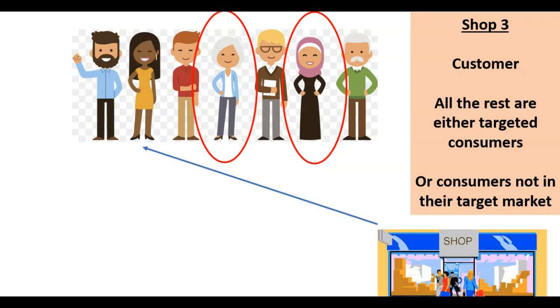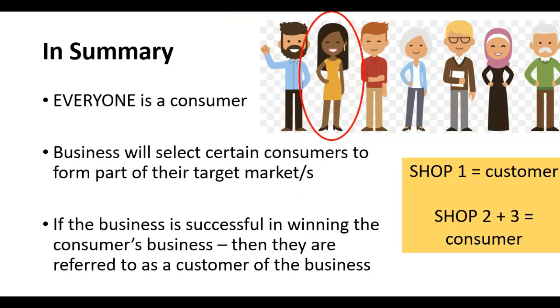If the consumer comes in and makes a purchase, they become a customer. Hopefully, we want them to become regular and long-term customers. So in summary, everybody in the market is a consumer, everybody in the world. Businesses then select certain people to be part of their target market using a segmentation approach. And then finally, if the business is successful in winning the customer's business, so there needs to be a transaction when money is exchanged, then they are referred to as a customer